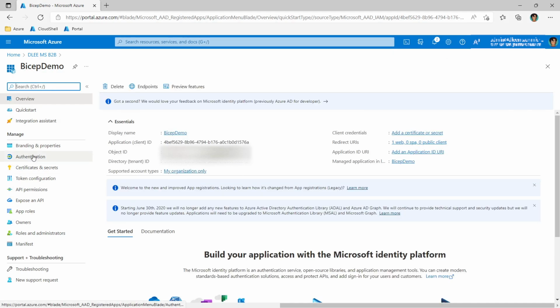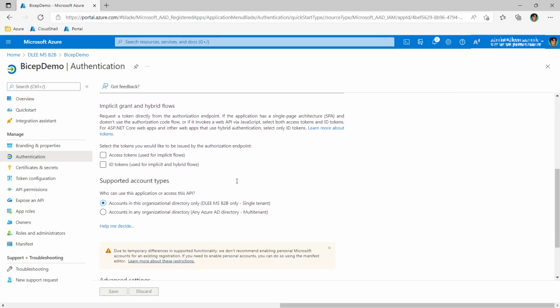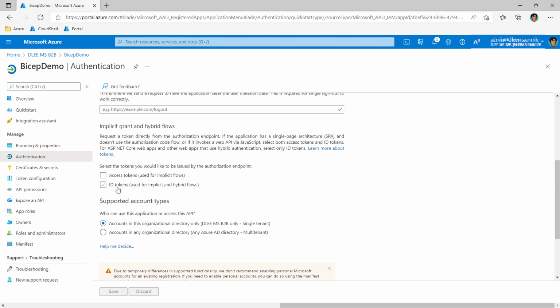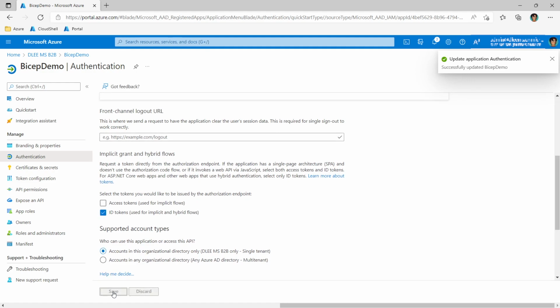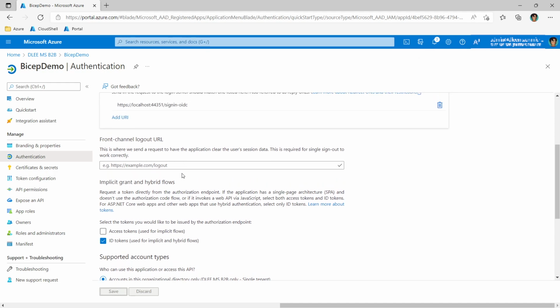And then what I'm gonna do is I'm going to enable ID token so that we have that. And really, there's a lot of great documentation here that talks about what you should enable for your specific scenario. So in this case, we're going to enable ID token. I'm going to hit save here. All right. And so now I can go ahead and take some of the values and start copying them over,